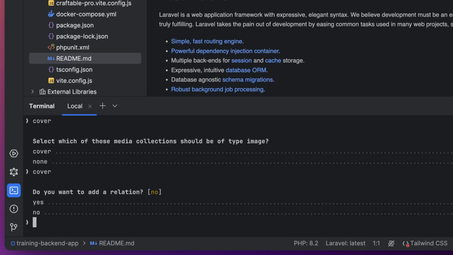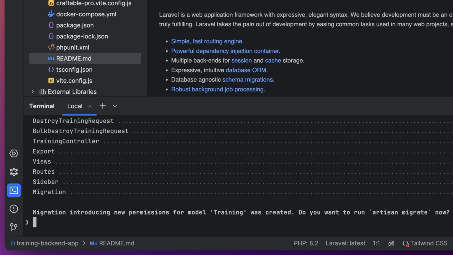Next, we'll consider whether to establish relations with other tables. We'll explore this further in our upcoming video, but for now, note that the trainings table does not link to other tables. The last step involves deciding whether to include an export feature. Craftable PRO supports exporting to Excel, so to demonstrate this, I'll opt in by pressing yes and complete the CRUD